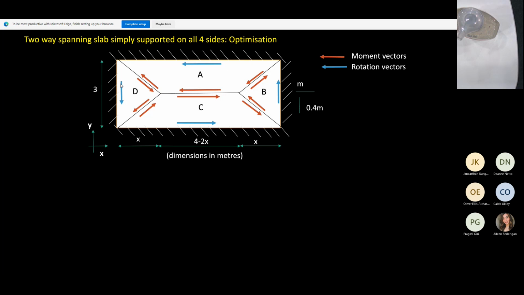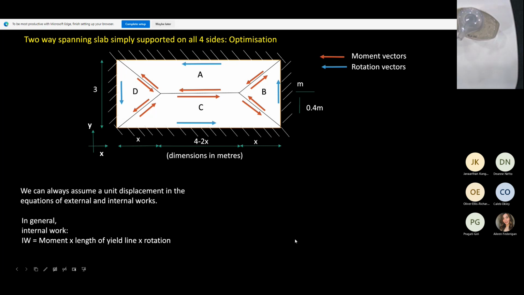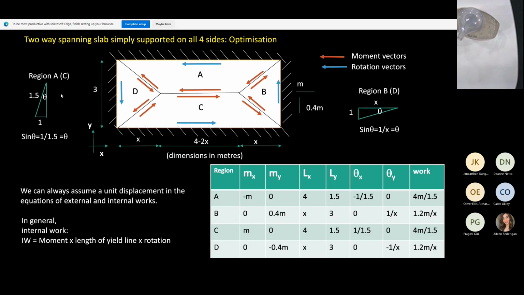Once you know the direction of the vectors and the geometry is given, the next thing is to work out the works. So you do the internal work and the external work, and then you equate the two for equilibrium. The best way to do it is actually in the form of a table, and I'm going to explain this in a minute. So for the internal work,